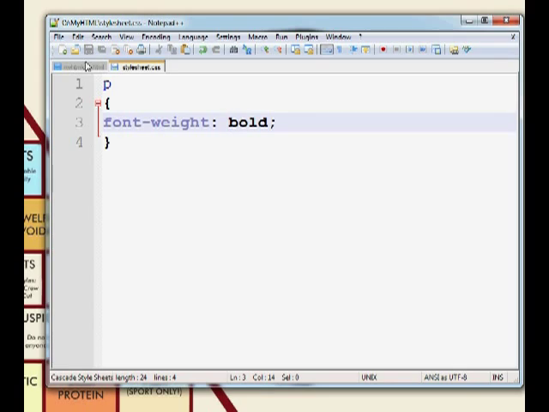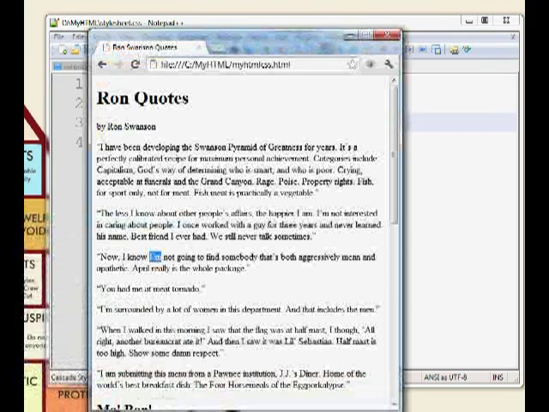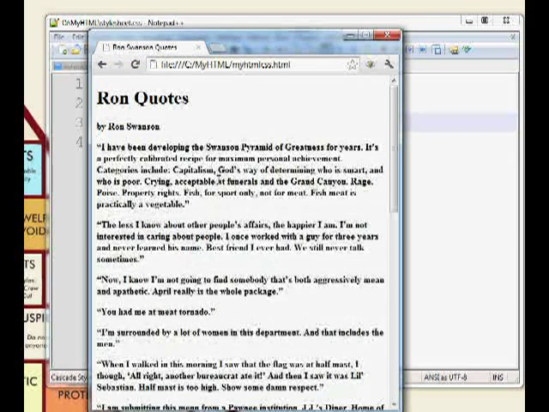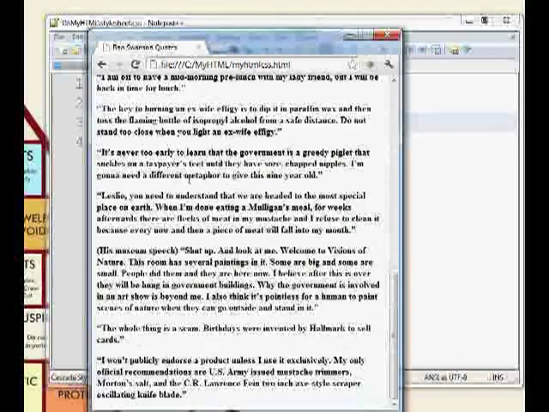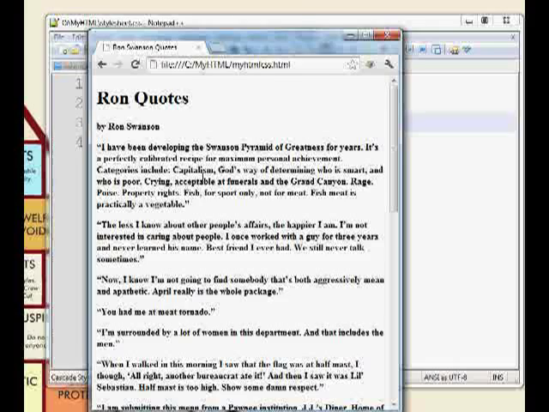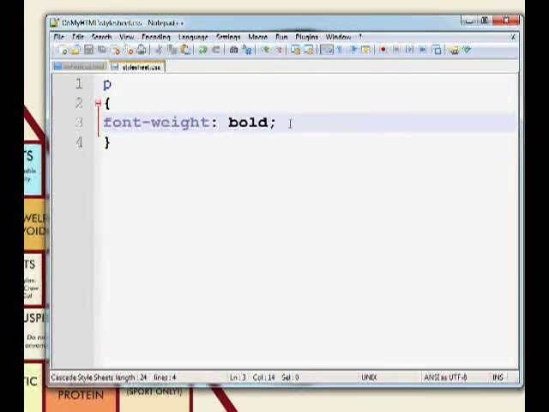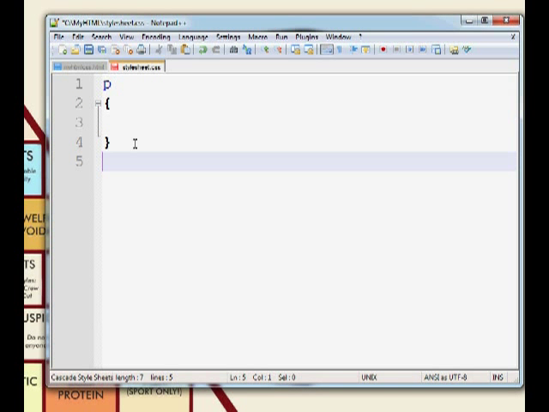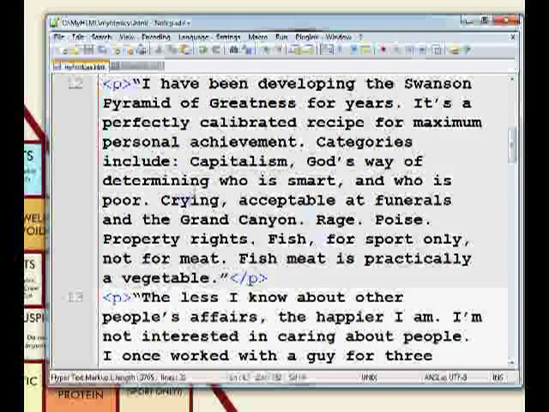So let's save that and then pull back up our HTML and see how that looks. What you see happened is it took every paragraph element and made it bold. Okay? That's great, but that's probably not what we want. So let's take this out for right now, and we're just going to make a few words bold. Now, how do you tell the HTML file to make just a couple words bold? Well, what you need to do is